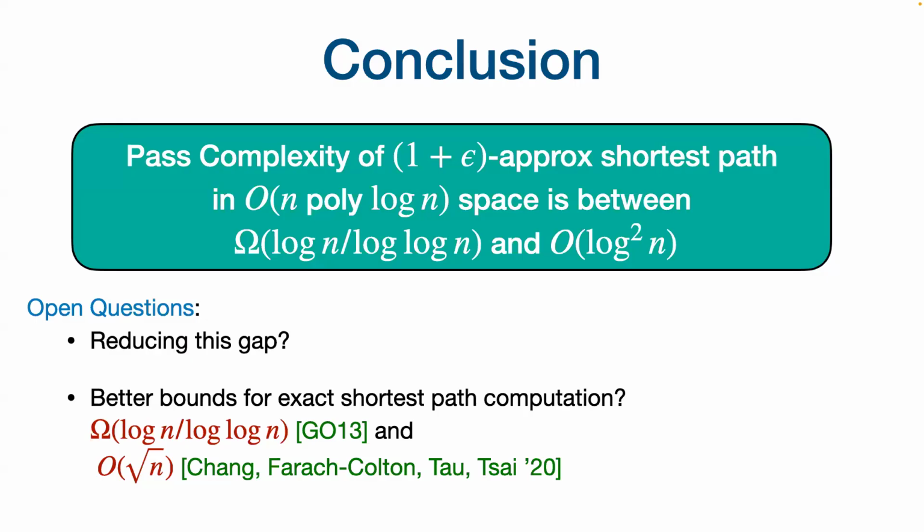This paper of Guruswami and Onak gives you a lower bound of omega of log n over log n for finding exact shortest paths. And this paper of Chang et al. gives you an order of square root n in the number of passes for finding exact shortest paths. This is a large gap, and we don't know how to close this. And that's it. Yes. Better upper bound, I mean, again, this is not for pass complexity, let's say we're only